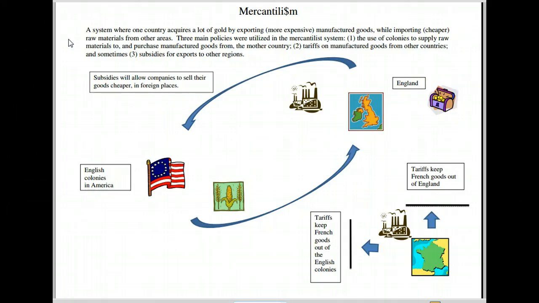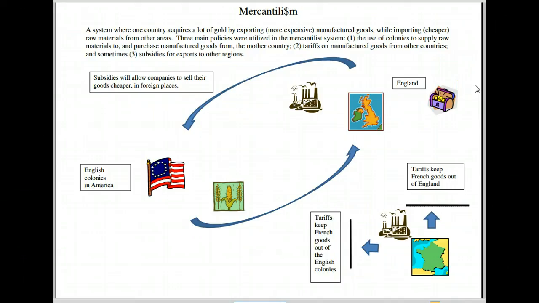Three main policies were utilized in the mercantilist system. 1. The use of colonies to supply raw materials to and purchase manufactured goods from the mother country. 2. Tariffs on manufactured goods from other countries. And sometimes 3. Subsidies for exports to other regions. Now let's look at the pictures. There are 3 basic sections here. The top right